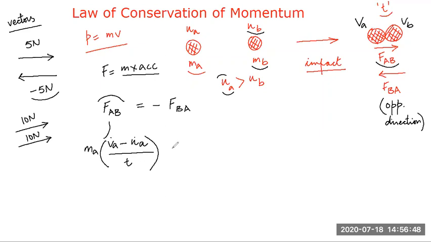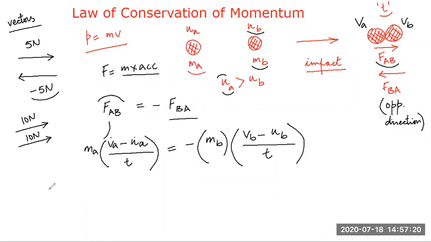Am I right, students? So this will be equal to minus of what? The other force. Force applied by body B on body A. That would be equal to mass of body B into acceleration of body B. What is the acceleration of body B? Final velocity vB minus, tell me students, uB, divided by the time t. Very good. So I can say, students, t will cancel with t, and I will get